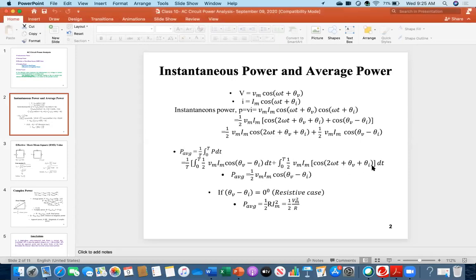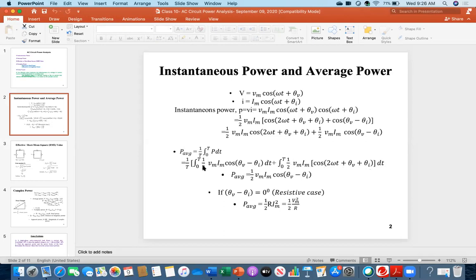You see this one? So therefore, ultimately, because you are finding the average value, this is the cosine wave for this part. So I don't need to do anything. Its average value is 0. So I will not deal with this portion because this will be 0. So only I will be dealing with this portion.